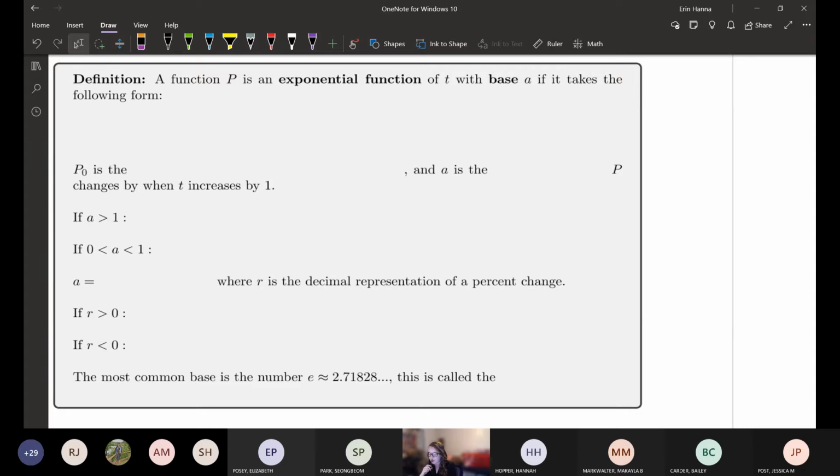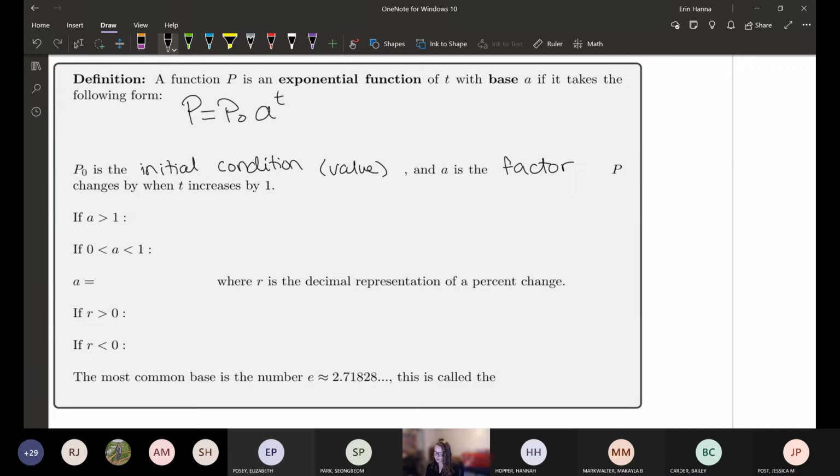So a function P is an exponential function of t with base a if it takes the following form. P equals P naught a to the t. P naught is called the initial condition. Sometimes I'll call it the initial value just because I'm used to calling it that. The formal definition is initial condition. And a is the factor